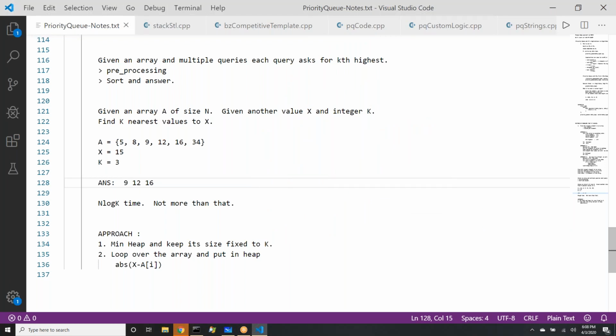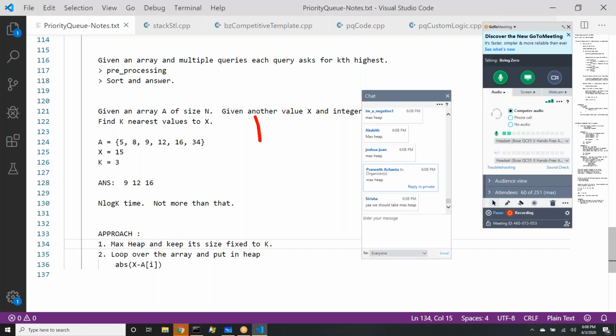So what should we have taken, min heap or max heap? Yes. We should be taking a max heap. Why? Because we are trying to find elements whose difference is least. So we are trying to find the least three values. So keep in mind, when you are finding least values, you will take a max heap.